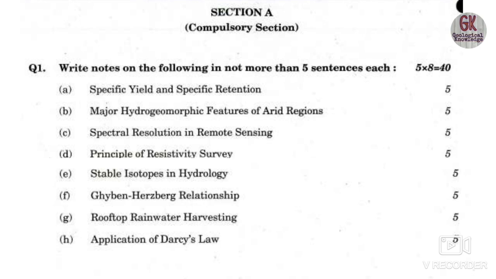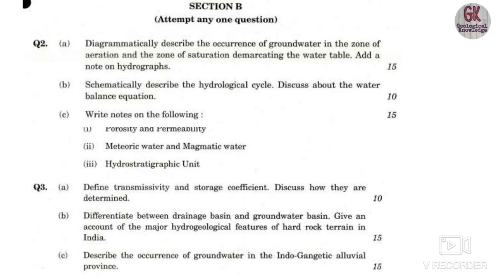So these are simple questions, not very tough, like the primary resistivity survey that we have to write down. It's very easy and very important. So the stable isotope in hydrogeology. There are stable and radiogenic isotopes, and you have to write down about only the stable isotopes. And the Ghyben-Herzberg relationship of the saltwater intrusion, that you have to write. So it's very easy questions related to the compulsory part of hydrogeology.